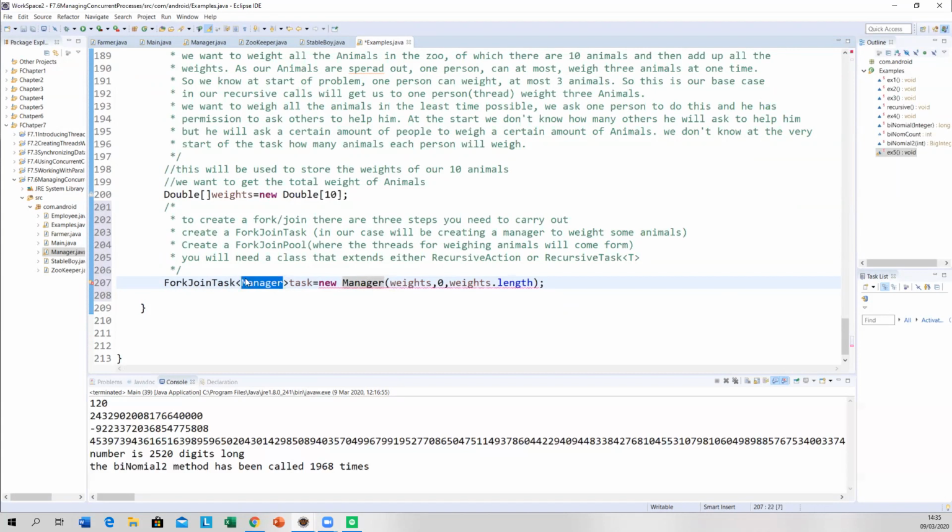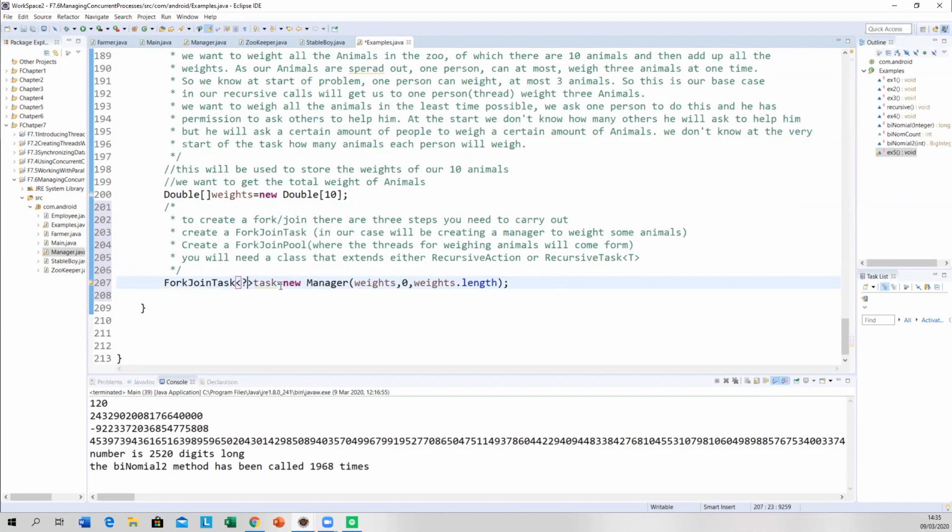If it was a recursive task, then you could put a type in there. Now you have to put in a question mark, even though nothing is returned. As to why, I'm not 100% sure.